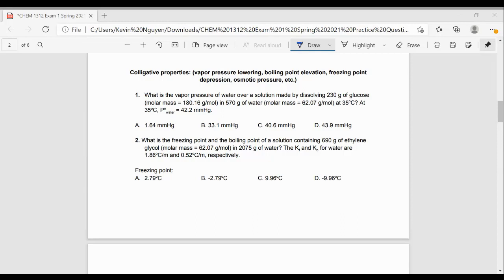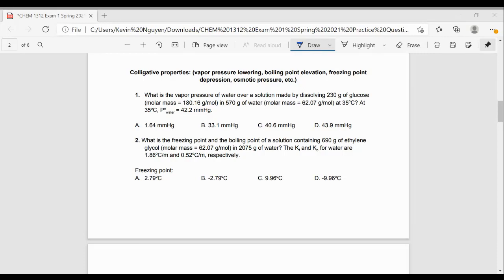They've already given us the pure pressure of water, so we want to figure out the mole fraction of water. For the mole fraction of water, we want to do the moles of water divided by the total moles of the solution. So they told us here we have 570 grams of water, and we want to convert that to